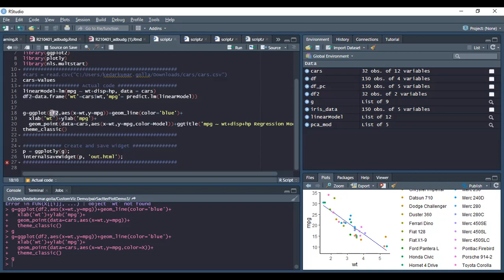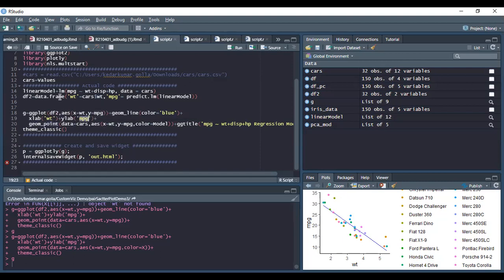I am using the df2 data frame in this ggplot and giving the prediction variable on the y axis, and on the x axis I'm using only one variable, weight, to visualize. Then for the prediction line that is going to be created, I'm giving the color blue. On top of that, I'm going to display all the data points of the actual cars data set.